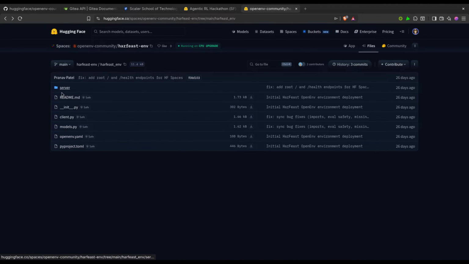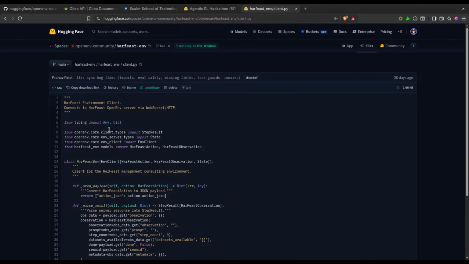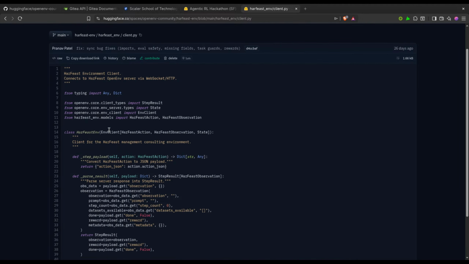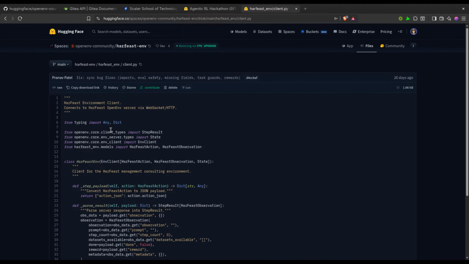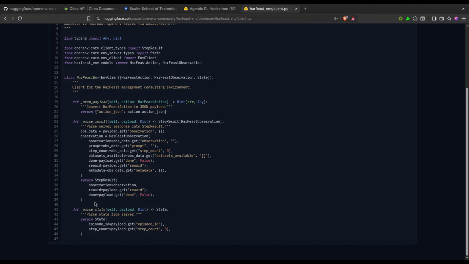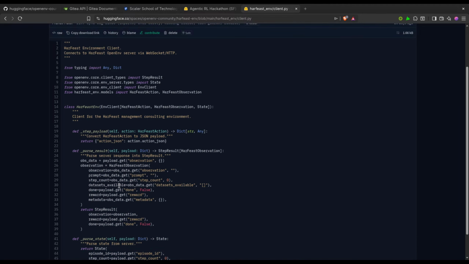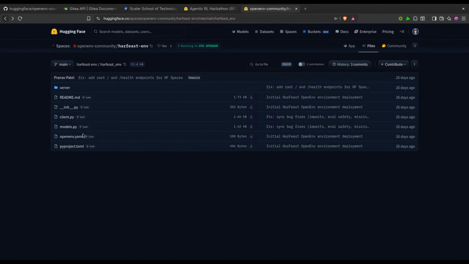So this is where all the models have been kept, and this is where the environment, sorry, the client has been kept. I think this is the same as others. Maybe he has taken the same template, but I think this is the same. Or am I wrong? Or is it supposed to be the same?